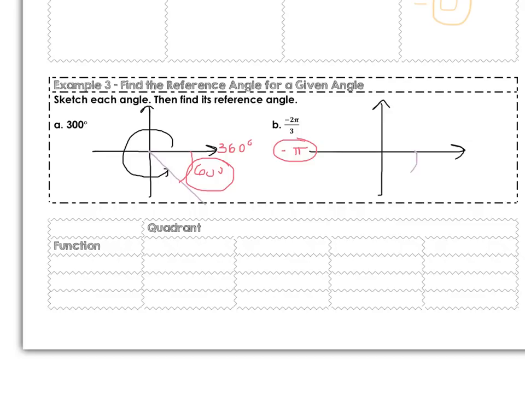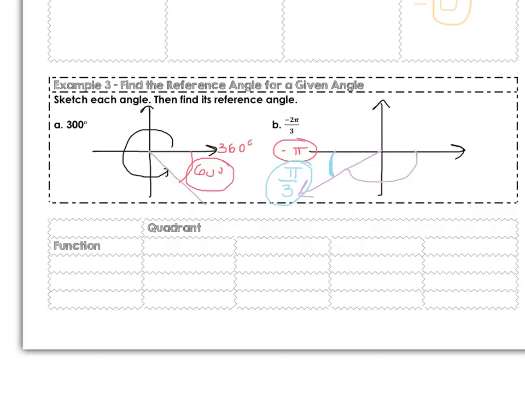So we're going to be rotating about 2/3 of the way to getting to negative 3 pi over 3, which is why you can also use the logic to recognize that if we're 2/3 of the way there, we only have 1/3 of the way to go. So our reference angle for this guy will be pi over 3,